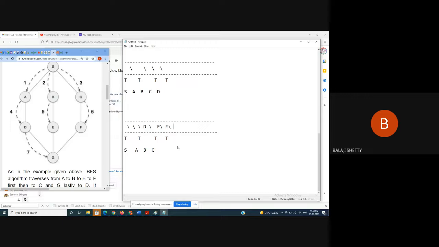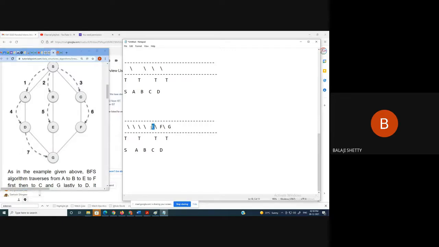And delete D and insert all nodes adjacent to D, which is G. Clear? Yes or no?